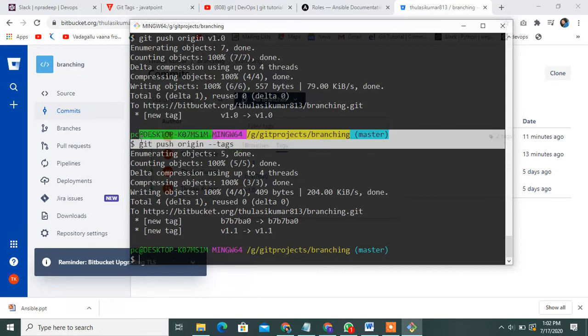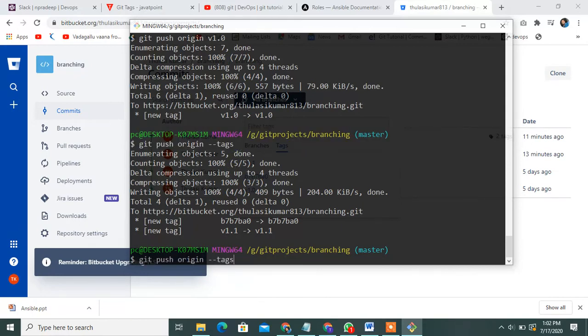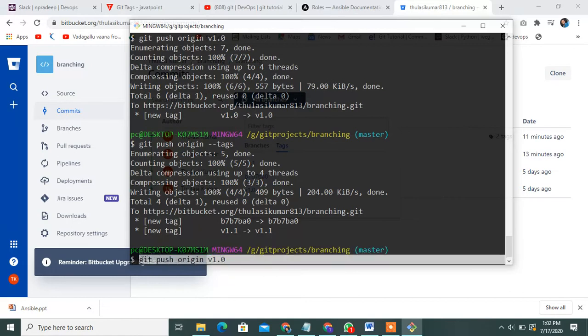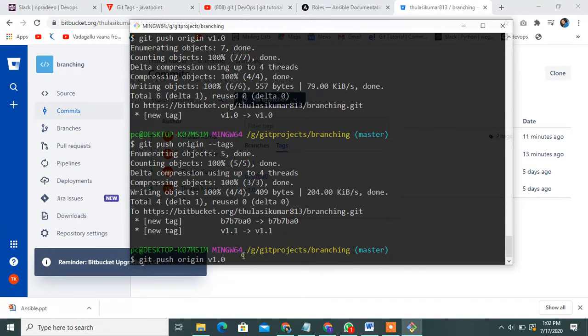This is the command, you can push all tags. Next, git push only single commit, you can push it. Git push origin particular tag ID you can mention it. These are all using single push in local repository single commit also.